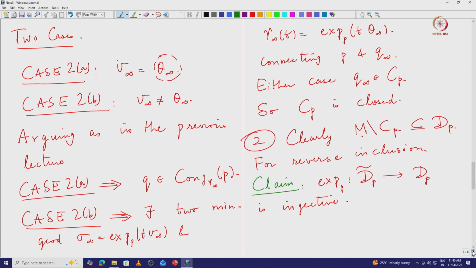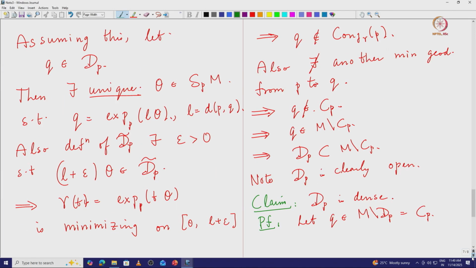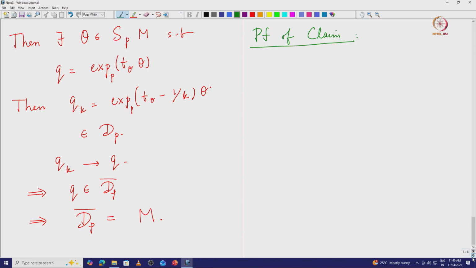We have to show that this is injective, but that's easy, because if it were not injective, then there exist two vectors, let us say V, W in the domain, theta and V in